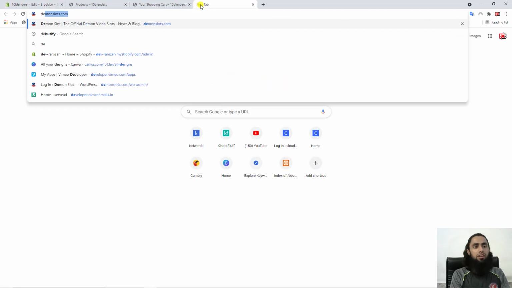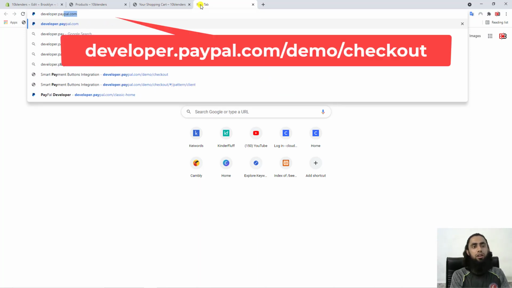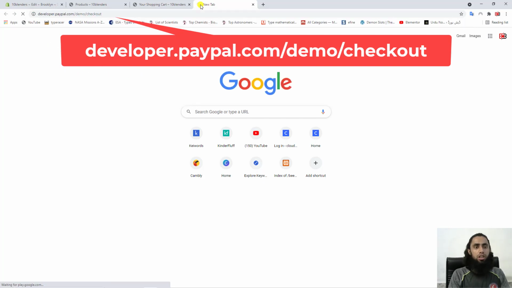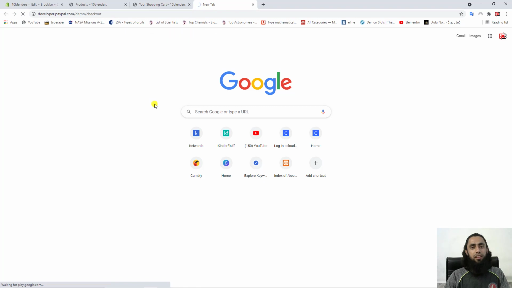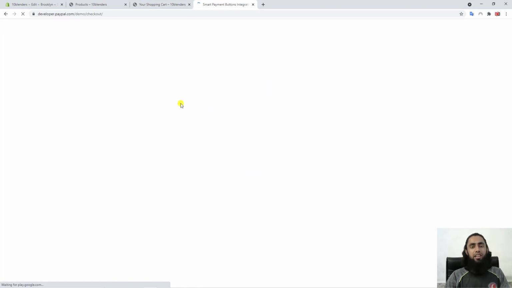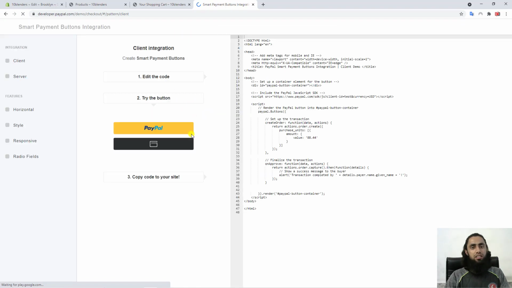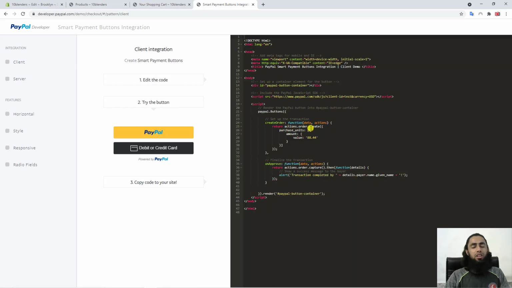For the sake of reference, I wanted to show you where I got this code. I went to the official website of PayPal, developer.paypal.com/demo/checkout. Once I search that, I am redirected to that specific code, which is this one. I organized that code so that you should not be confused, and I already copied it from here, so you can follow the steps which I have just given you, because in that way you will be implementing things in a proper manner.